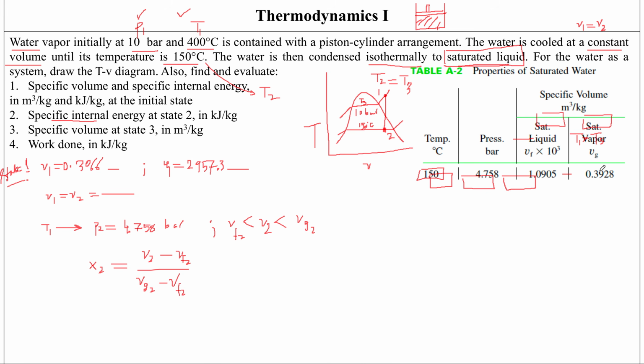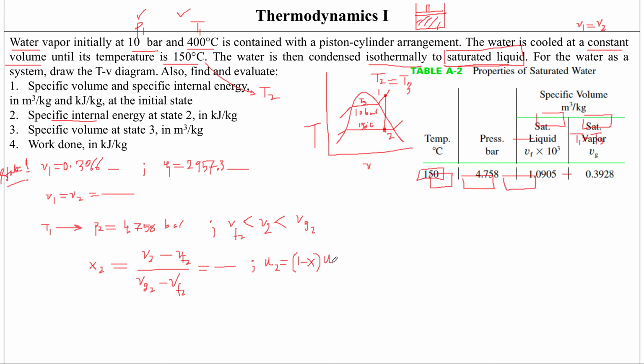And Vf and Vg values are given to me here. V2 I already know is equal to V1, so I can find out the value for quality at state 2 over here. And to find out the value for specific internal energy at state 2, all I have to do is apply the same formula, which was 1 minus x